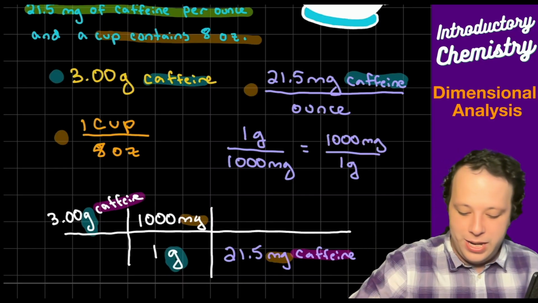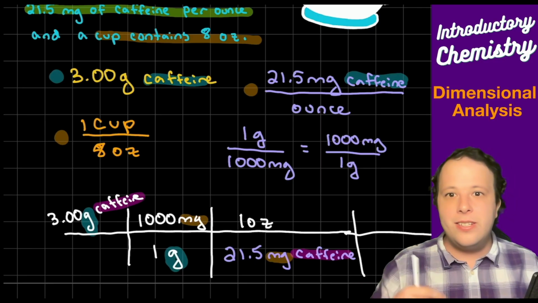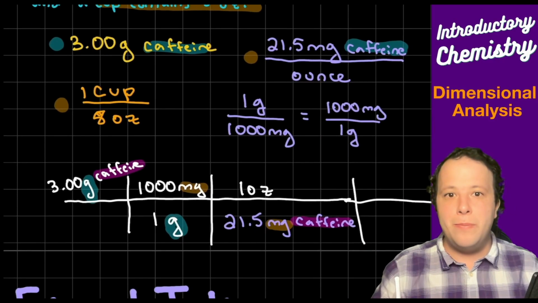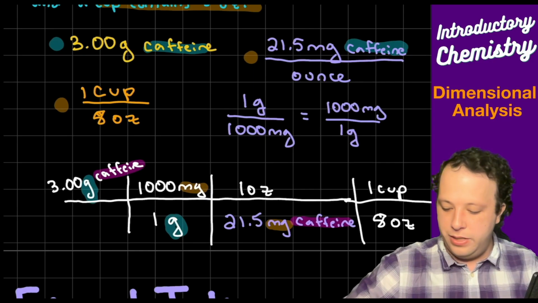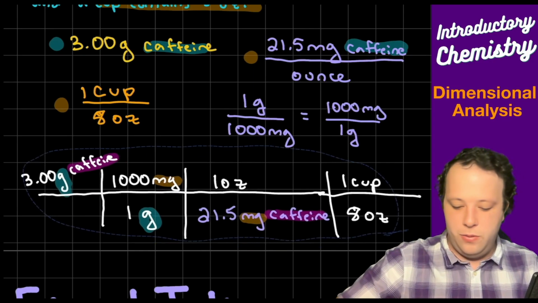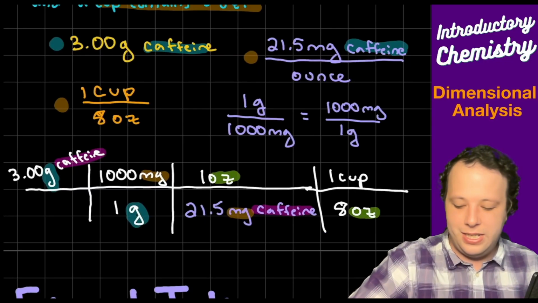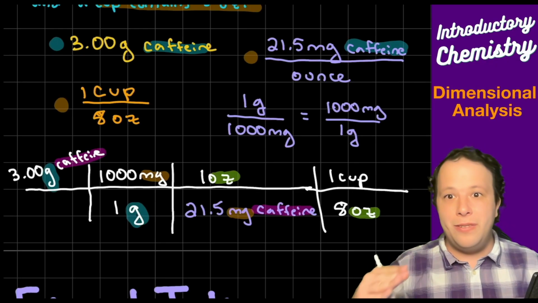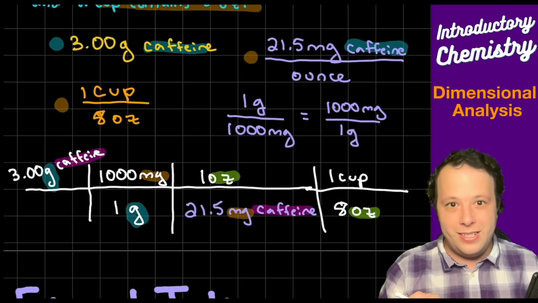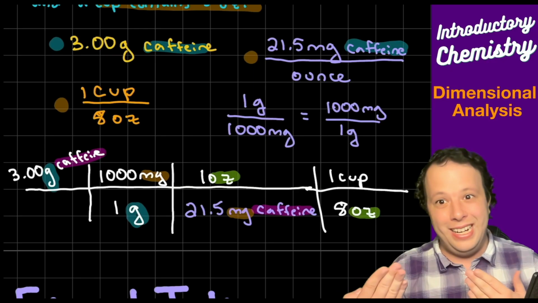All right, and that's for every ounce. And I'm going to shorten that for ounce, right? So it's OZ as an ounce. So now the last step for this type of problem is that 8 ounces is per cup. So we have 8 ounces is 1 cup. And let me move all this a little over. So when we do that, right, we'll see that ounces will cancel ounces. Then we'll be left with cups. So we'll multiply everything on top, and then we'll divide by the things on the bottom. So we have 3 times 1,000, it equals, divide by 21.5, it equals, then divide by 8.